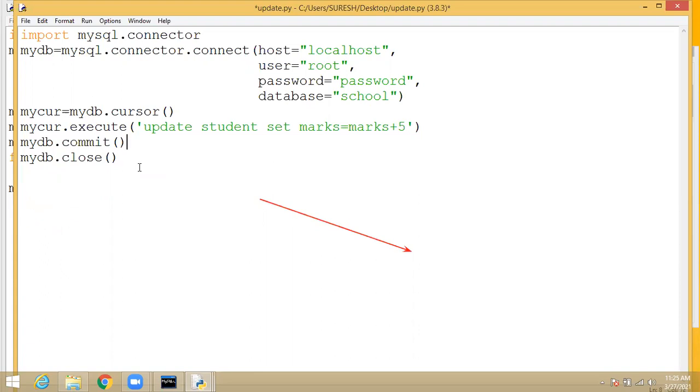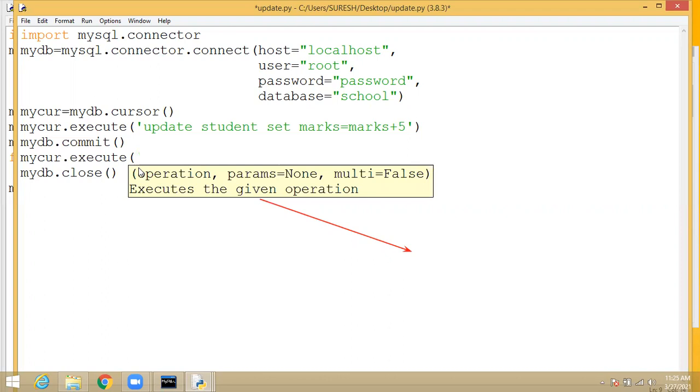After this updation, in the same program itself, I am going to display the table. So I'm going to execute another query, that is select star from student.